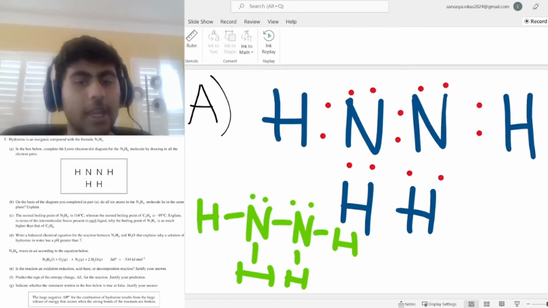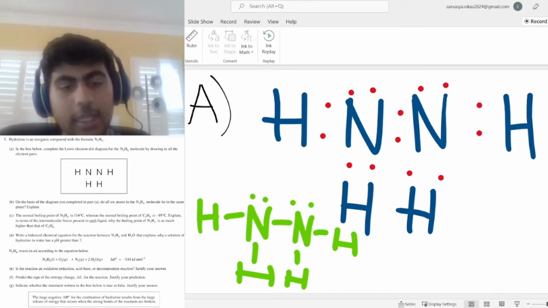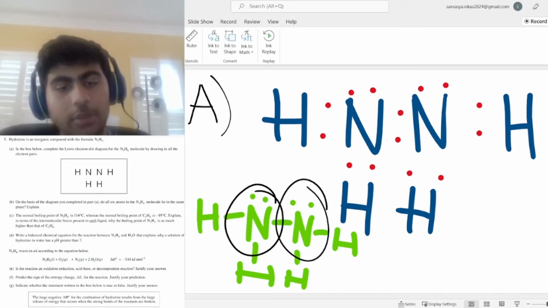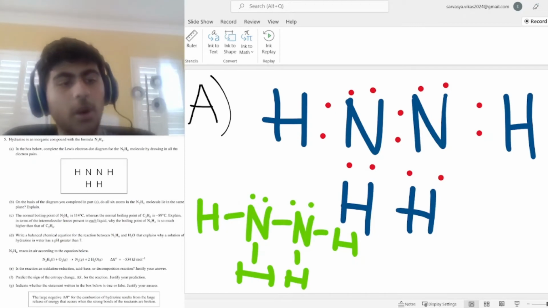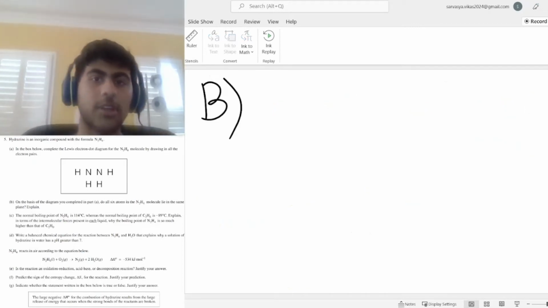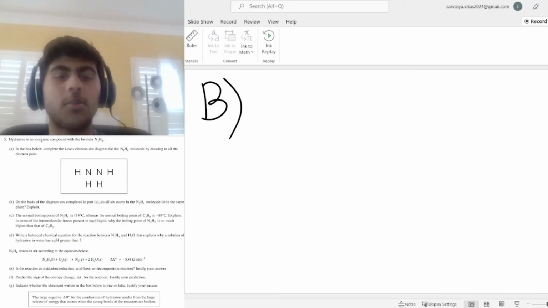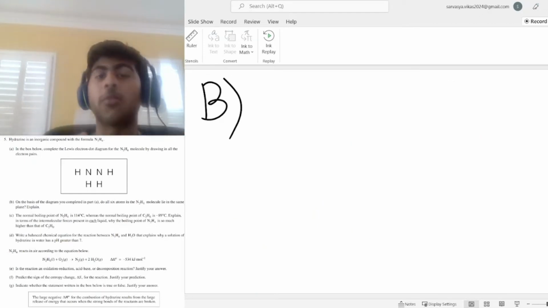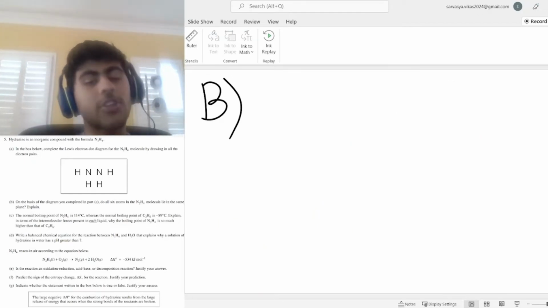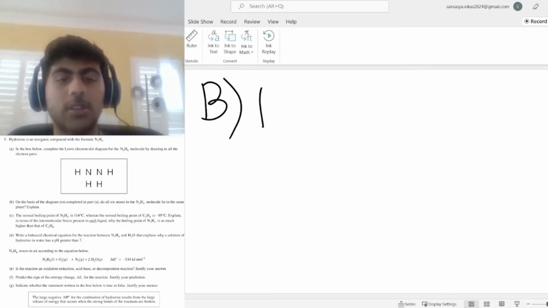So we can look back at these diagrams, and we see here that these nitrogen atoms have 4 bonding pairs. They have 4 electron domains. So it's not going to be planar, since if you have 4 electron domains, you get a tetrahedral shape, which is not planar. So the answer is no,